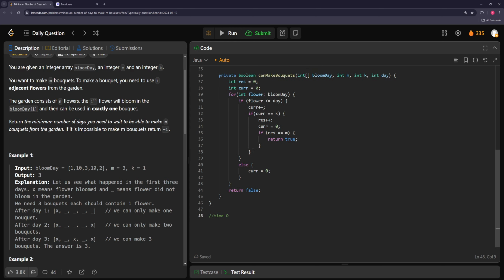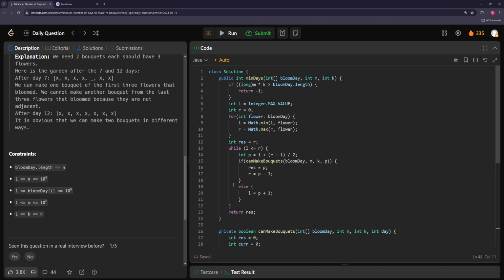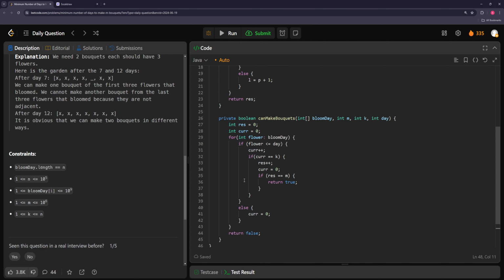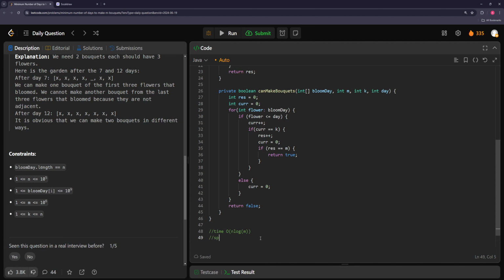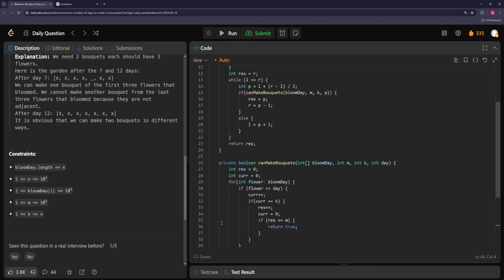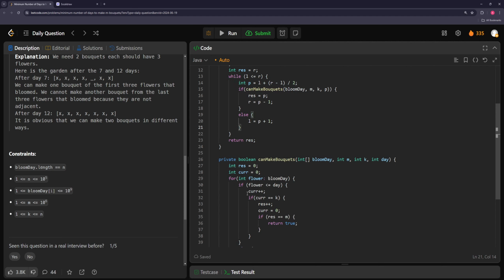So we are going through the log of the day, which is this bloom day. So let's call that M. So that's going to be log M. And then N is the length of the array. So for every day, we're going through the whole array. And that's correct. And then did we have any space? Let's see. I don't think so, right? So we just have a left and a right, which are integer values, pivot integer value,